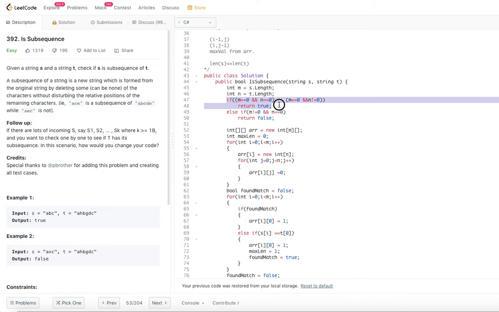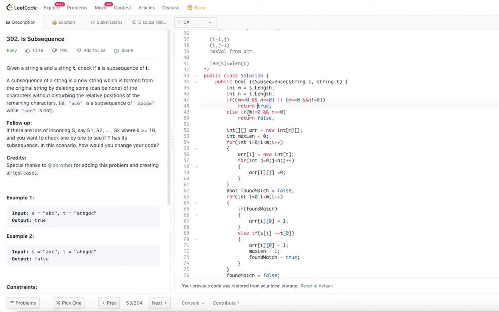We are checking if m is equal to 0 and n is equal to 0, or m is equal to 0 and n is not equal to 0. That is, if s is an empty string and t is an empty string, we return true. If s is an empty string and t is not empty, we also return true, because an empty string is a subsequence of everything. That is the reason why we return true for these two cases.